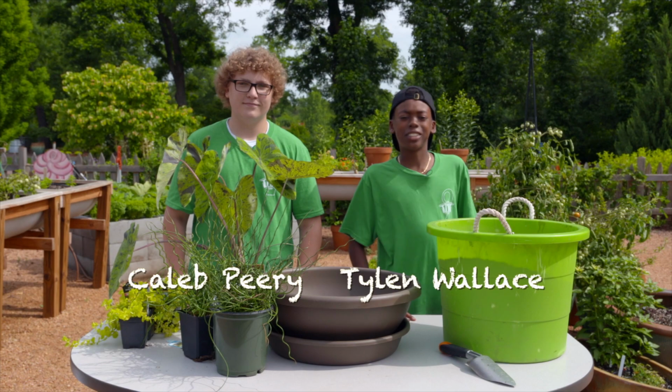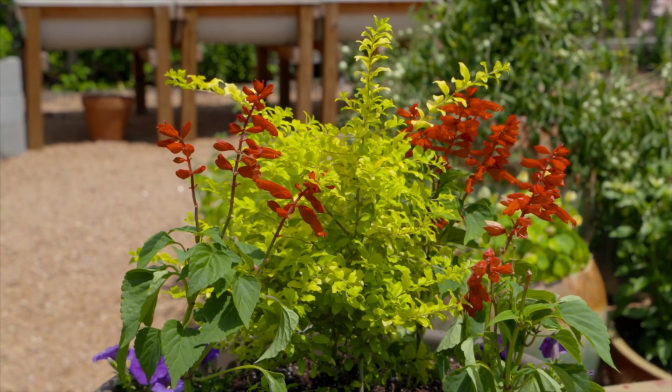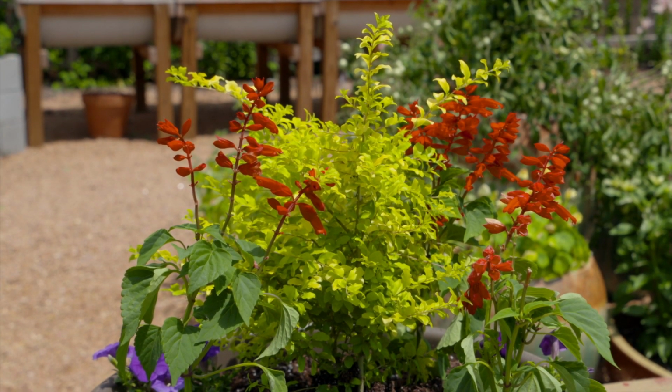And my name's Tylen Walls, and today we're going to be talking about container gardening. There are many reasons why one might want to start container gardening. For one, it's way more portable. And two, it's easy to maintain. Better soil, improved drainage. Container gardens offer a lot of flexibility and allow your gardens to grow many things like fruits and vegetables. And then also